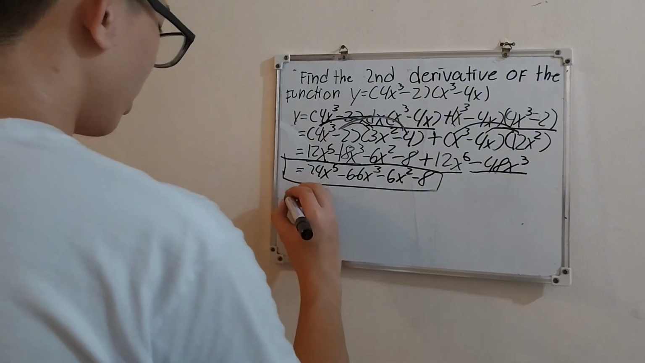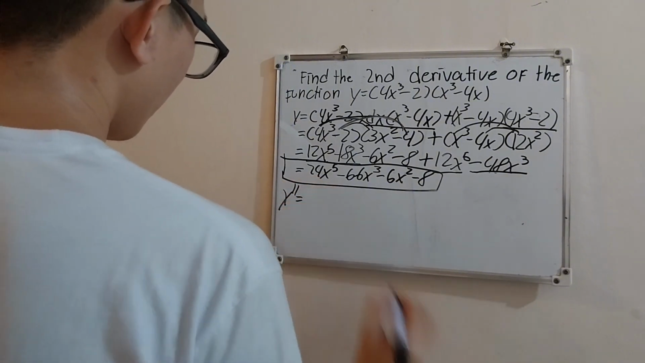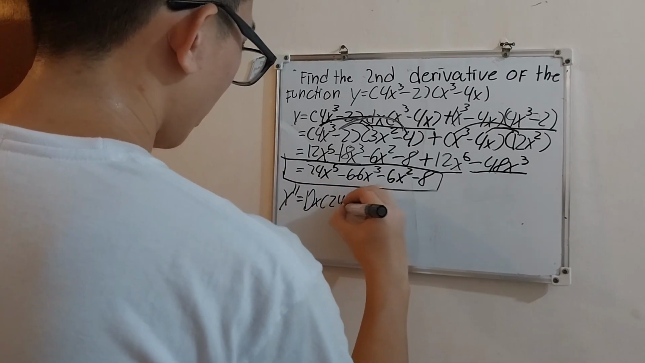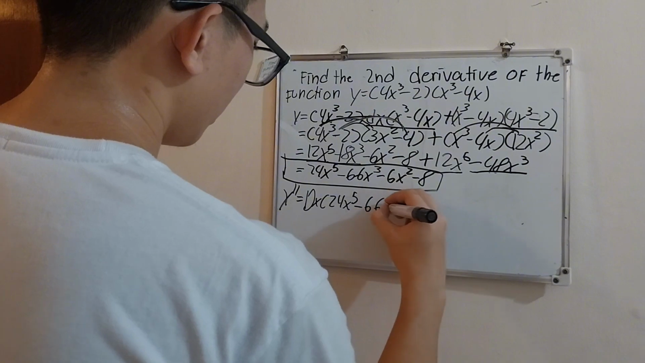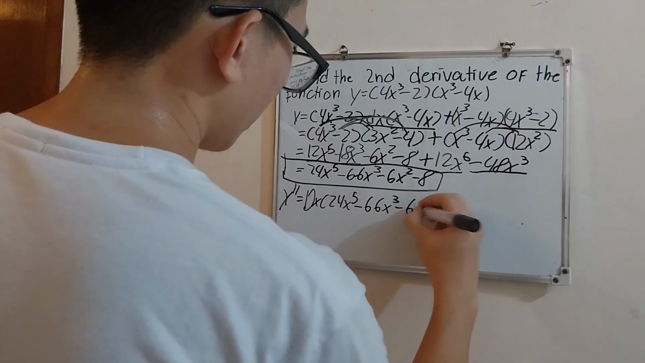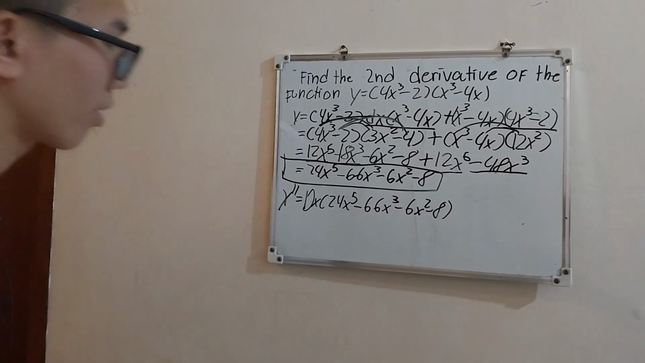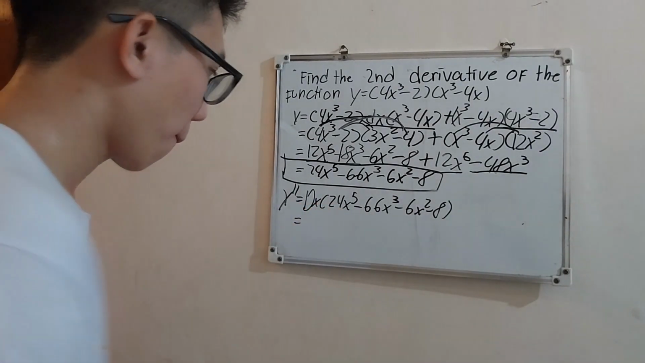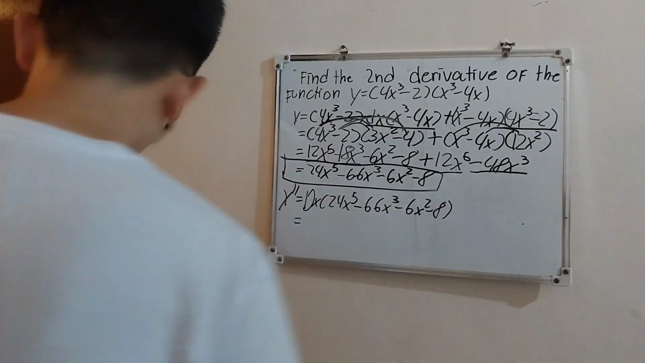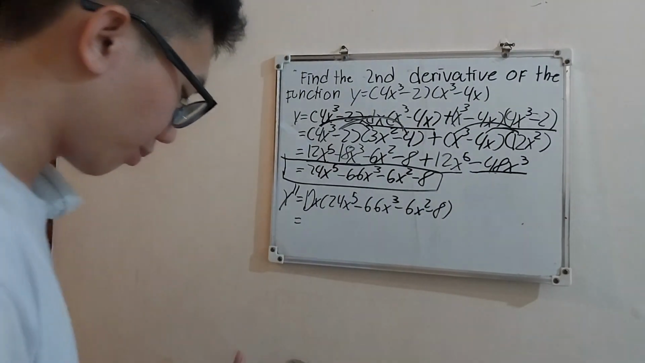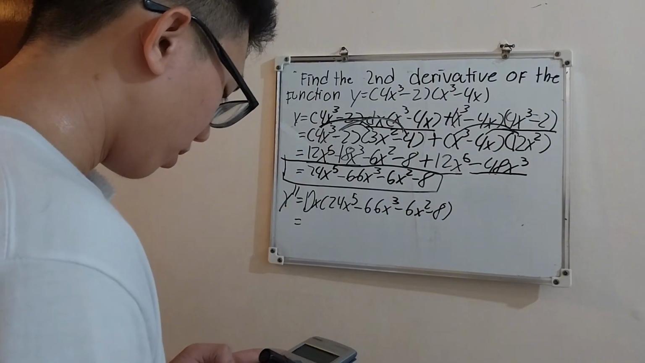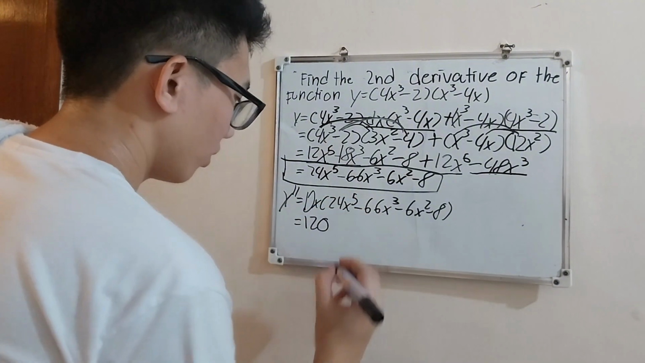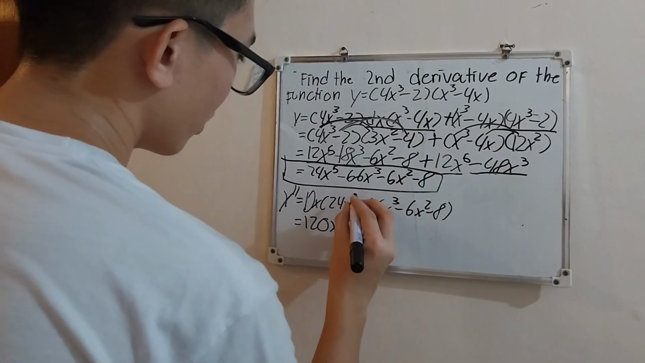So we can move on to finding the second derivative. So we just copy d/dx of 24x^5 minus 66x cubed minus 6x squared minus 8. We can now differentiate these numbers. So 24 times 5 is equal to 120, x to the 5 minus 1 is 4,